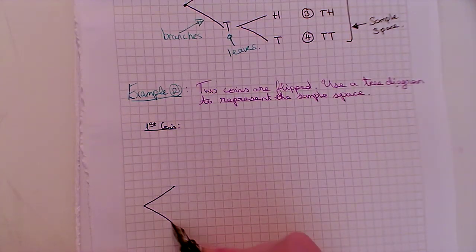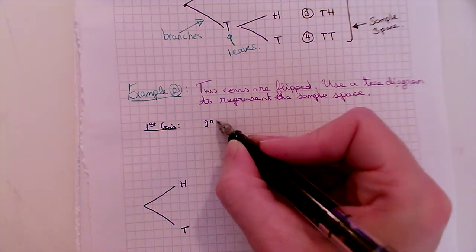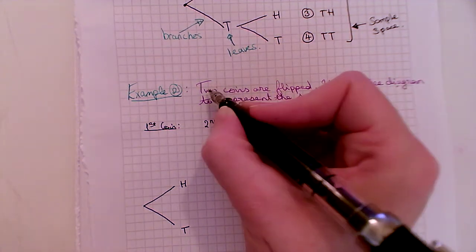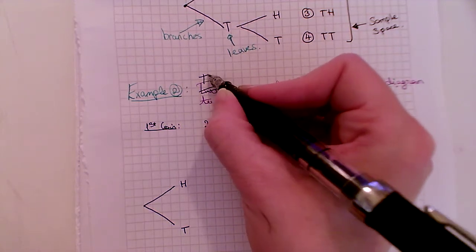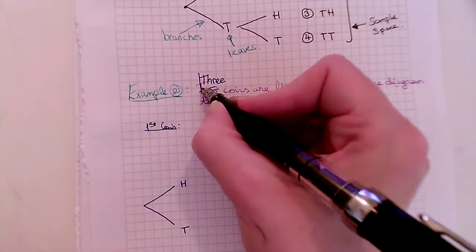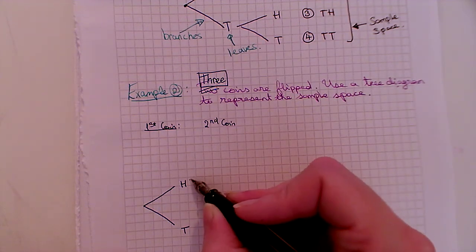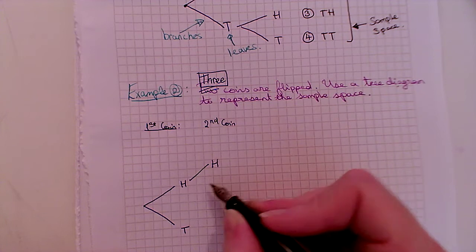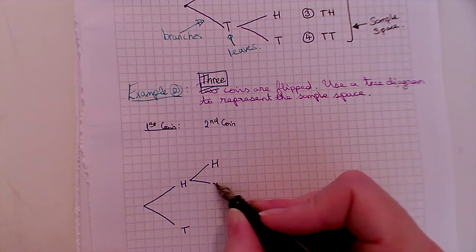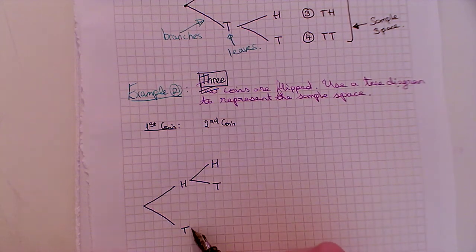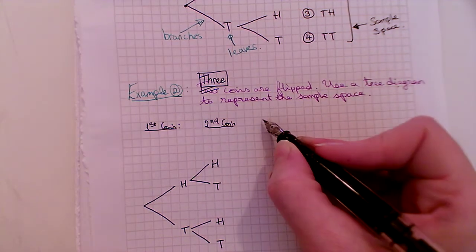So from the first coin, I could have heads or I could have tails. The second coin then. I apologize, guys. This should have said 3 coins. 3 coins are flipped. This is the point. So here I could have heads or tails. You can see they're in the same column. This one could have been heads or tails. And then my third coin,